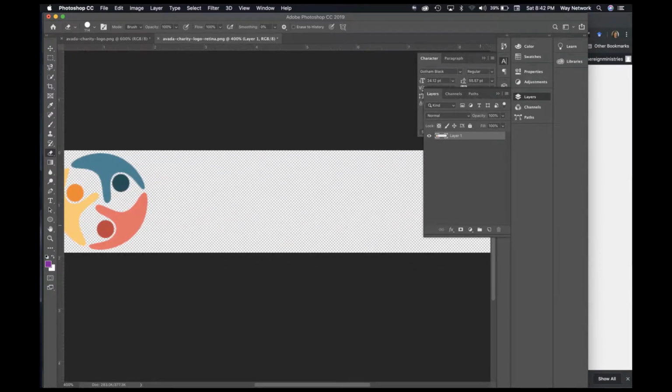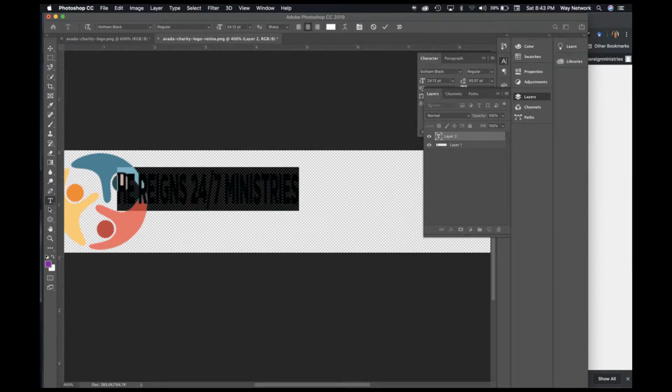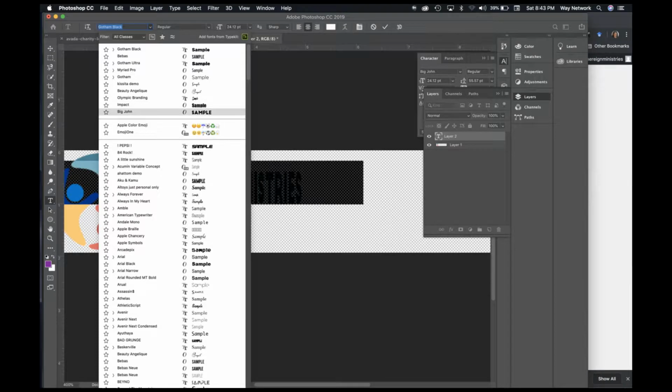We're gonna create a new layer, just like we did just a second ago. We're gonna hit the text tool and say He Reigns 247 Ministries, and I'm gonna change the font to like